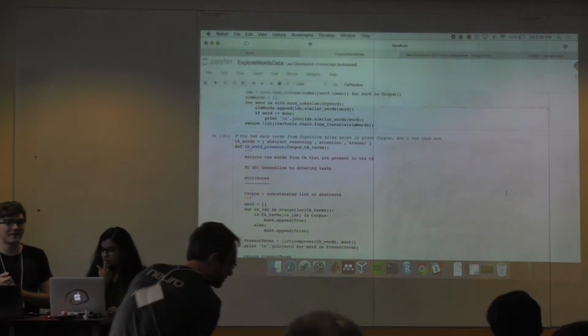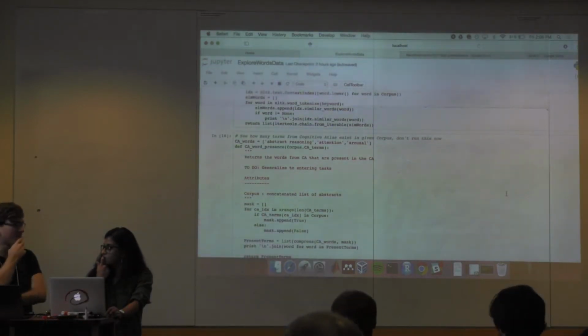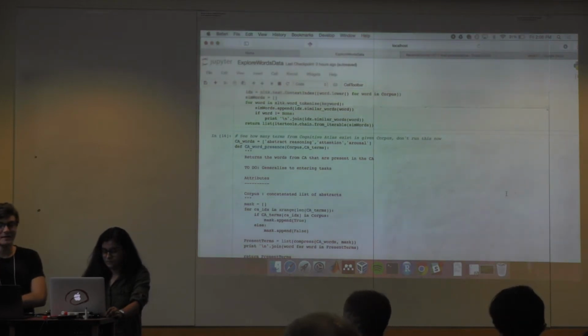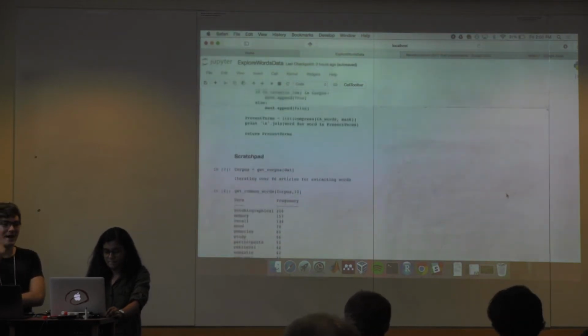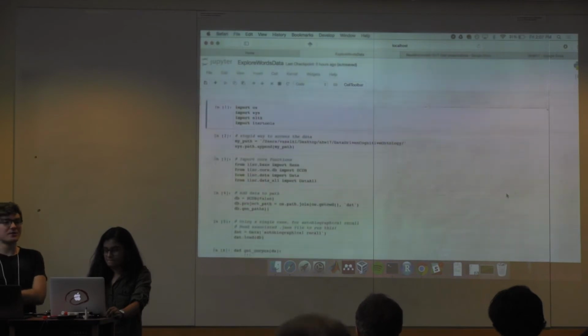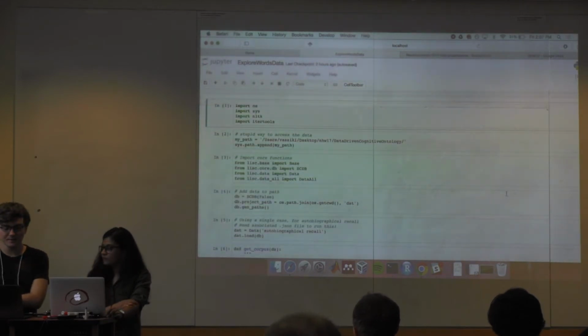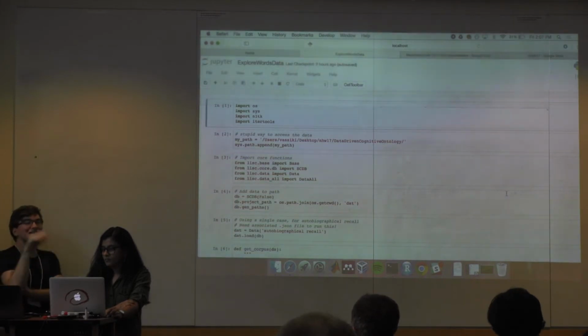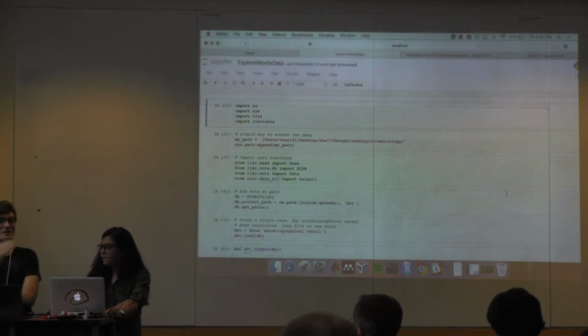And that kept timing out, and I don't have the counts data, but we did scrape a bunch of the words data. So what I mean by that is, given these search terms, going through and finding all the papers. The search terms are, for us, all the concepts from the Cognitive Atlas. So take those, find all the papers